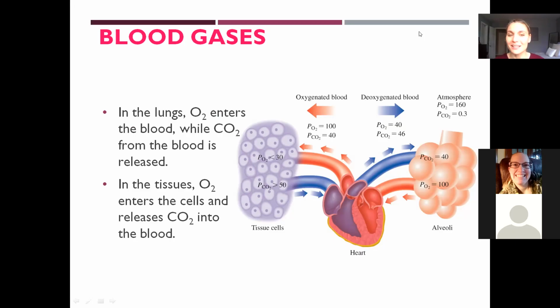In the capillaries, while we're going through our systemic system, we actually want to get oxygen. We want it to enter our cells and release, and we want to get CO2 to pick up to be able to take it back to the respiratory system. So in our tissues and systemic circulation, we start off with oxygenated blood. And then when it goes to that venular pathway, when we start to pick up the CO2 in our veins, that's when we start carrying deoxygenated blood. Then we go through our pulmonary circulation to pick up oxygenated blood and drop off CO2. In the systemic circuit, we drop off O2 and we pick up CO2. So we have this constant change back and forth because of these different partial pressures.